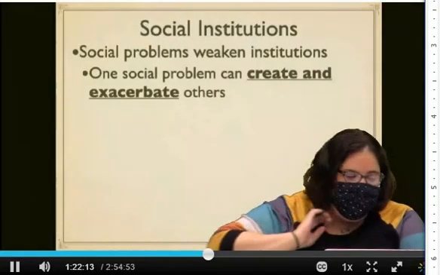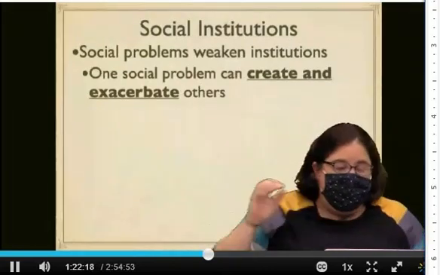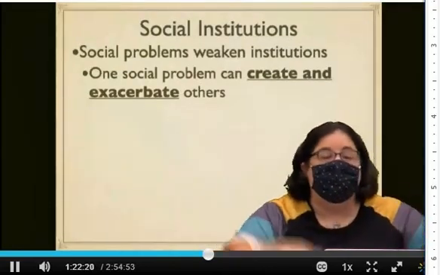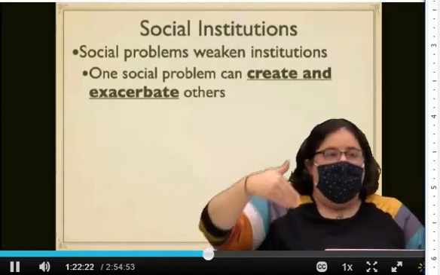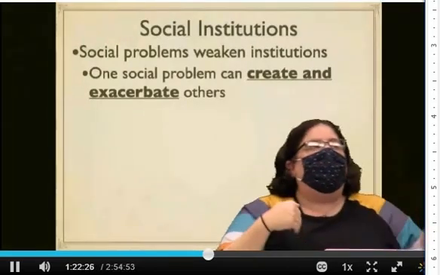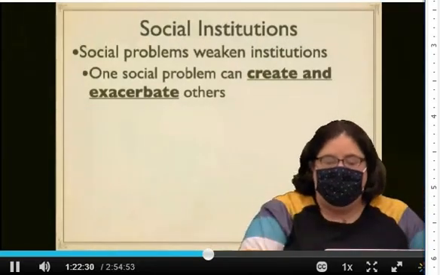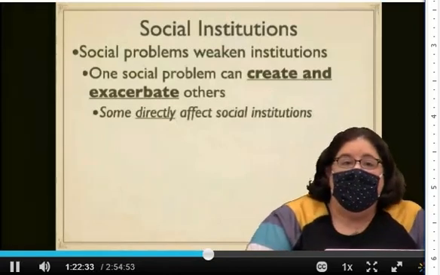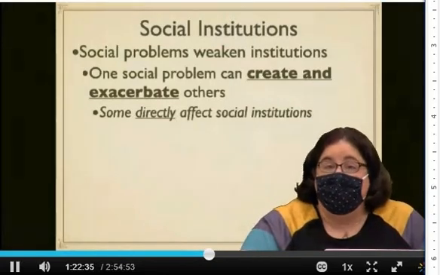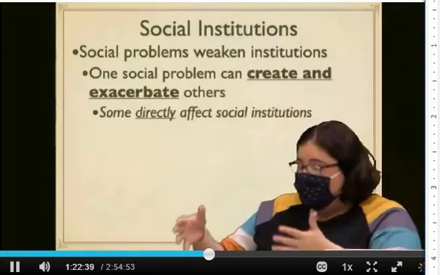For example, you can have a depression, like an economic depression, right, happen, and that, of course, can lead to other problems like job loss or homelessness or food scarcity or whatever, right? One problem can lead to others directly. So that would be an example of a direct situation where a problem like a depression affects social institutions like